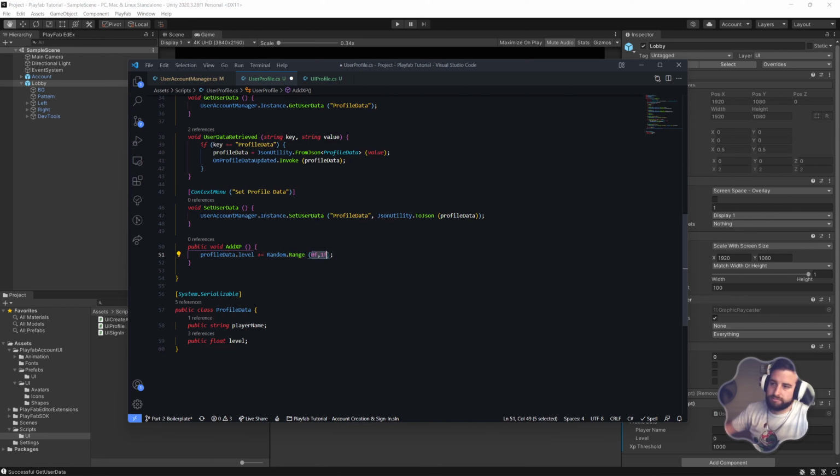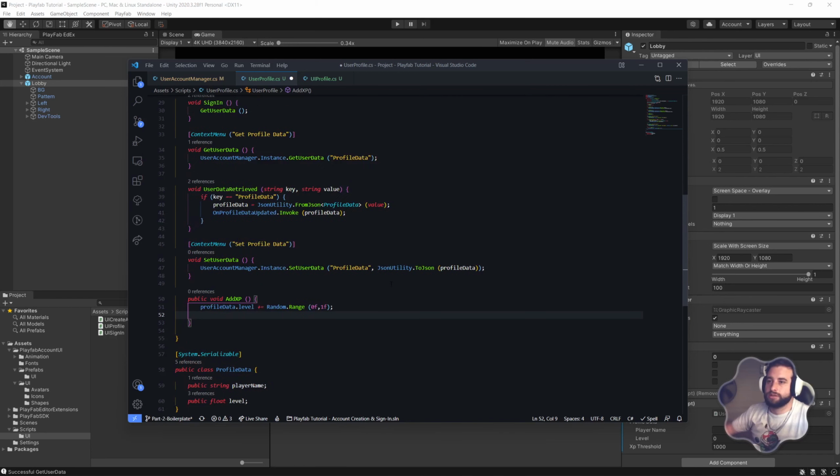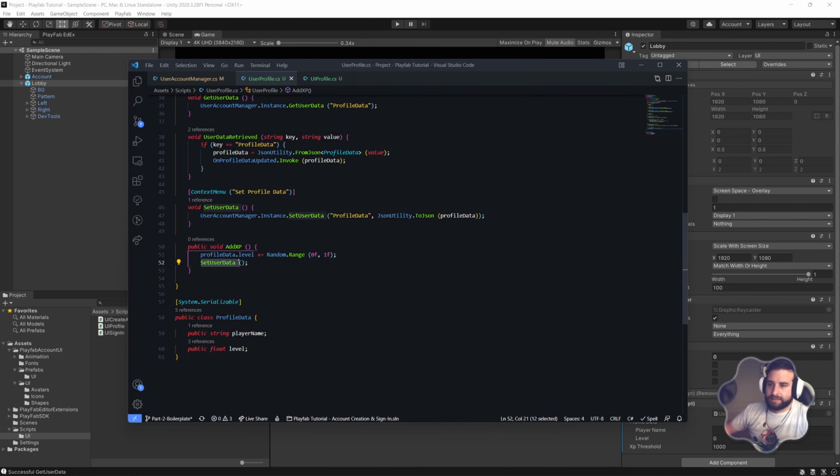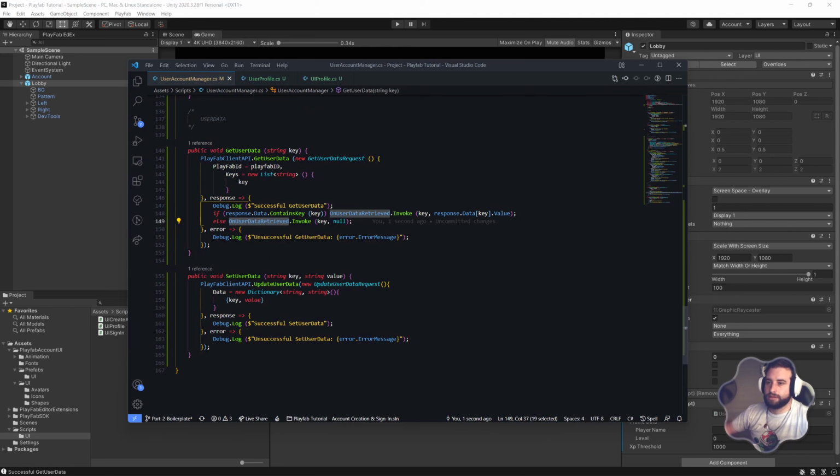So basically between 0 and 100% of the level. We're just going to add random XP. Once we've added that XP, then we're going to do set user data. Once we set the user data, we do want to follow it on with a get user data so that we can then update all the UI, the profile, everything as well. So let's perhaps in our set user data for our user account manager,